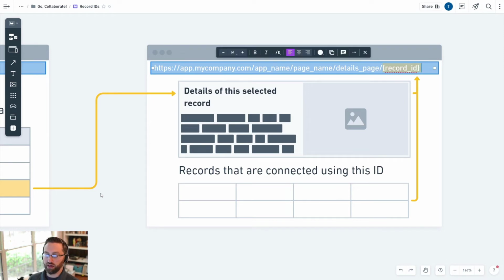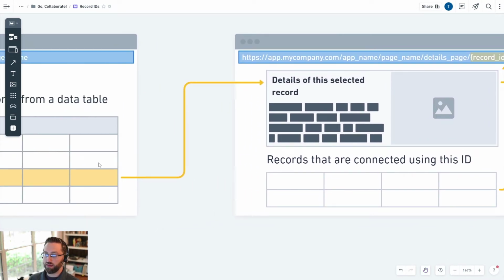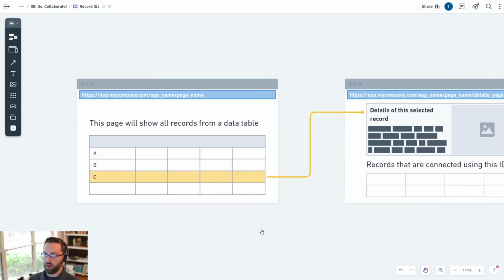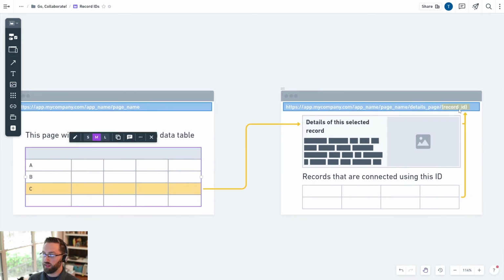the record ID. So if we clicked on company B, then the record ID shown at the end of the URL would be for company B. If we click on company C, then the record ID at the end of the URL is going to be for company C. Okay, these are all unique values, but they are dynamic in the URL depending on what